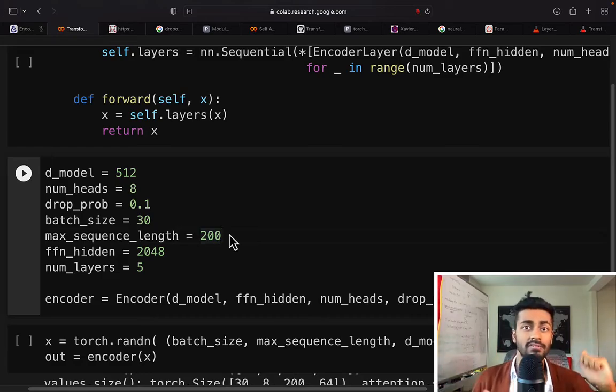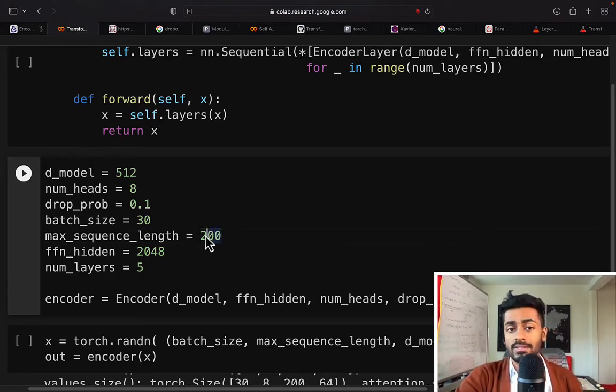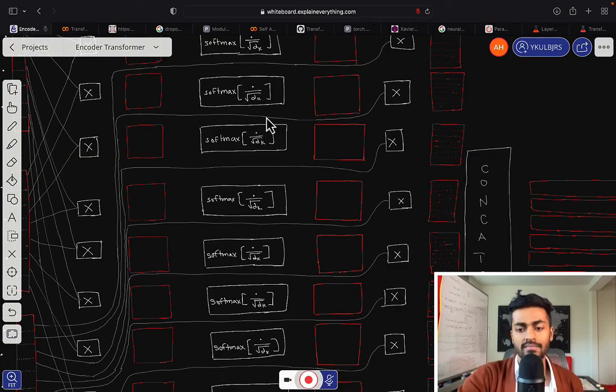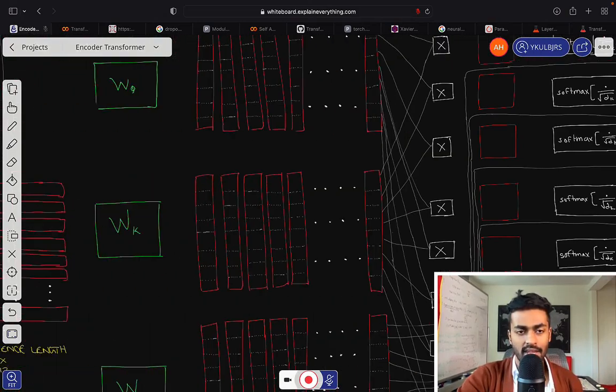So it's the largest number of words that we can be passing in at a time through the encoder. Now, in reality, this is always going to be the number of words that we pass in through the encoder. Because if we actually look at the blown up architecture, if I just go all the way to the beginning over here,